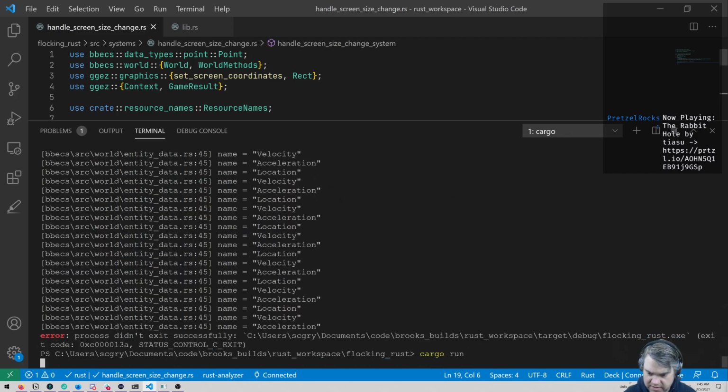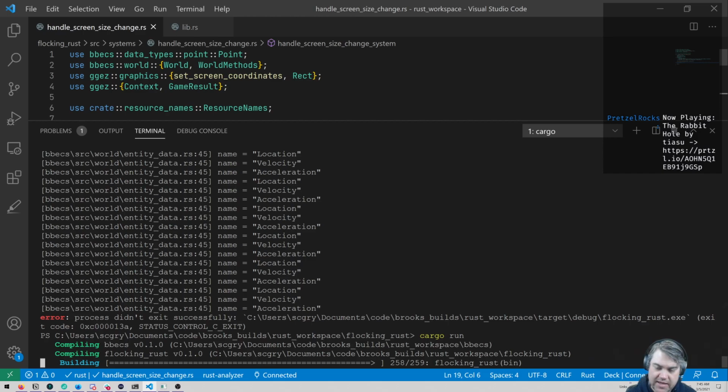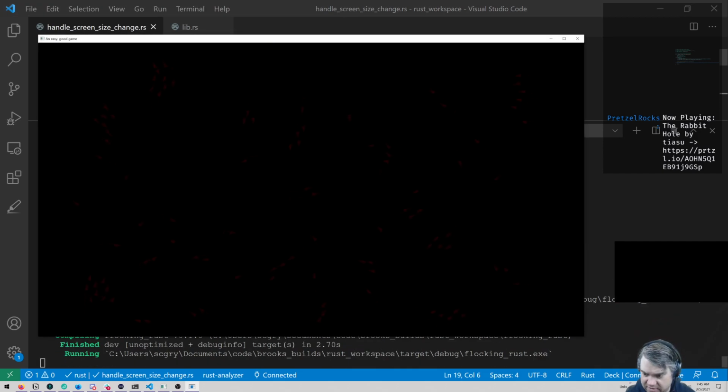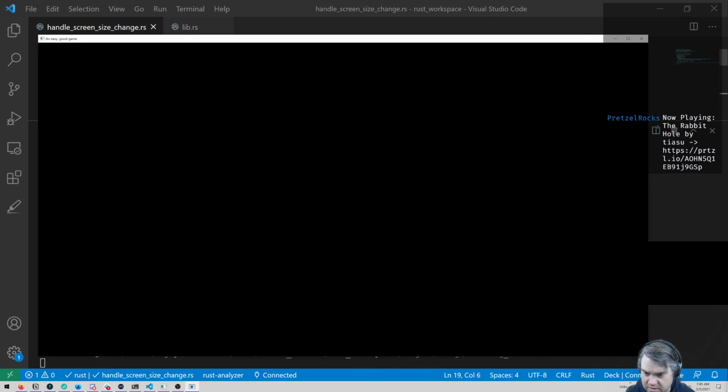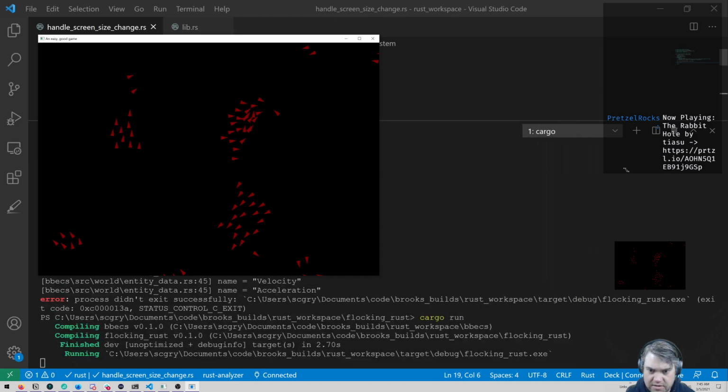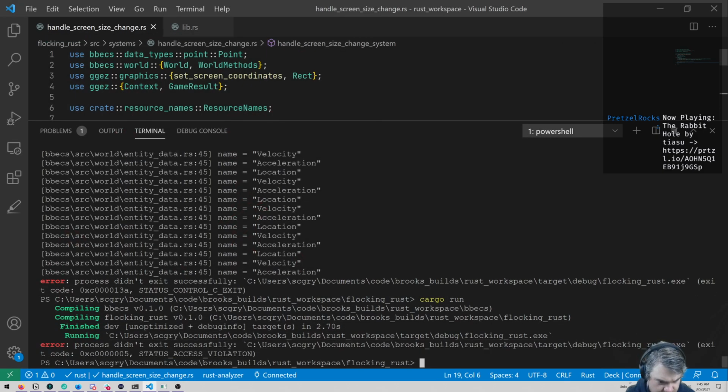Okay, so now if I restart, I should be able to resize and everything looks fine. That happens every once in a while, and I don't think it's within my code.